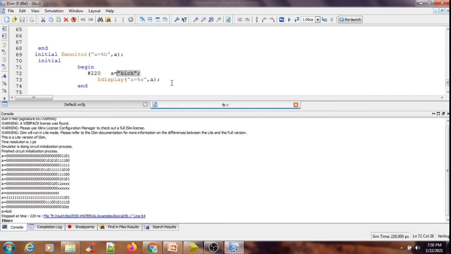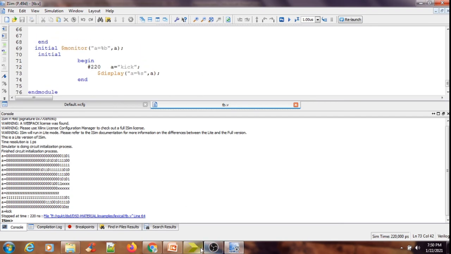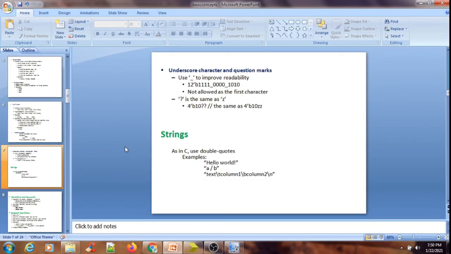Okay, and because these are strings, if I want to display a string in the console window, I have to use %s. %s signifies that I want to display a string in my console window. That is why "kick" got displayed here. So a equal to %s comma a. In this way we can do it. And the next one is